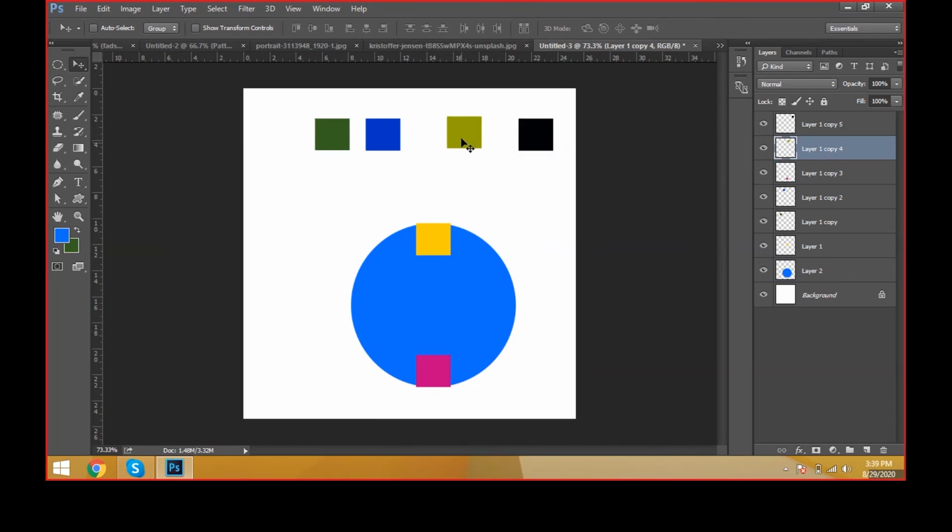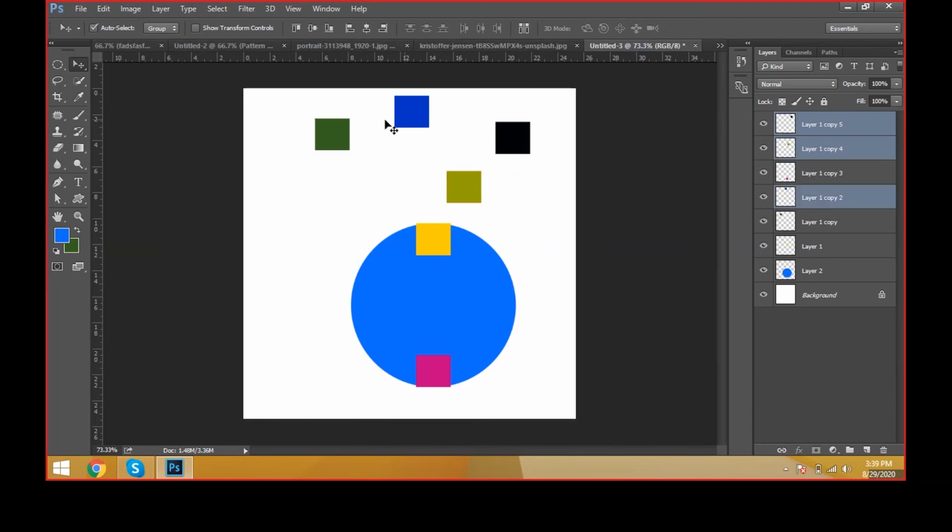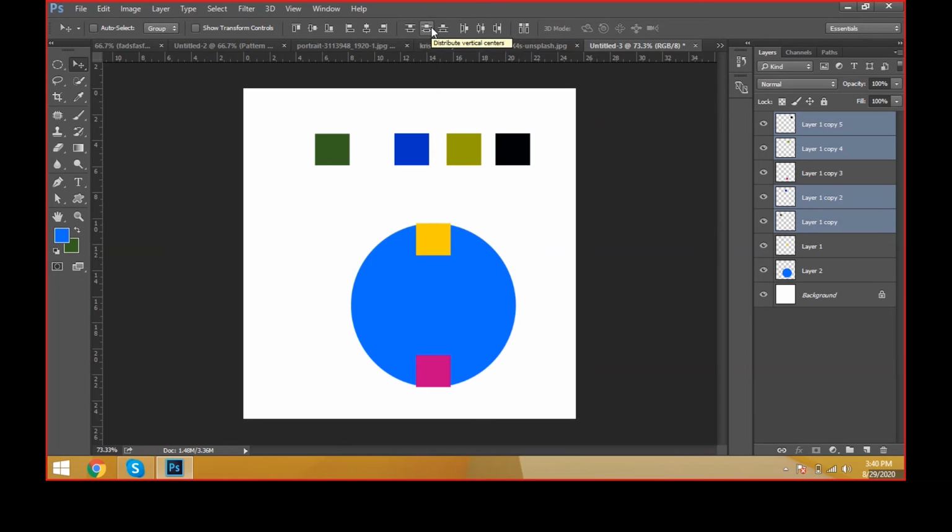See how many layers we have. We don't have the proper gapping between all these things. Select all the 4 layers. Now keep it as a top, or otherwise keep it as a center. And what is the distance between all these things? This distance is different and this distance is different. Keep all the distances equal, then come to the horizontal edges and vertical edges, like distribute vertical centers, distribute horizontal centers. You can select the horizontal centers and click it.